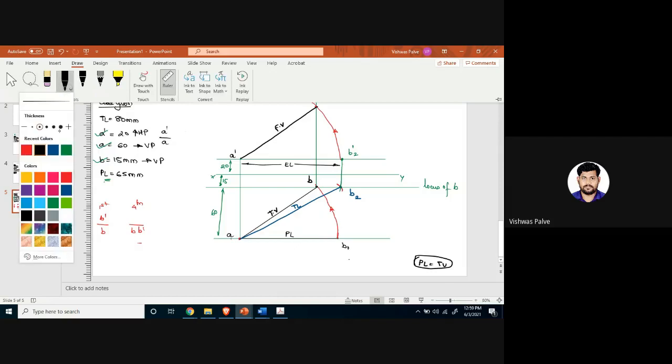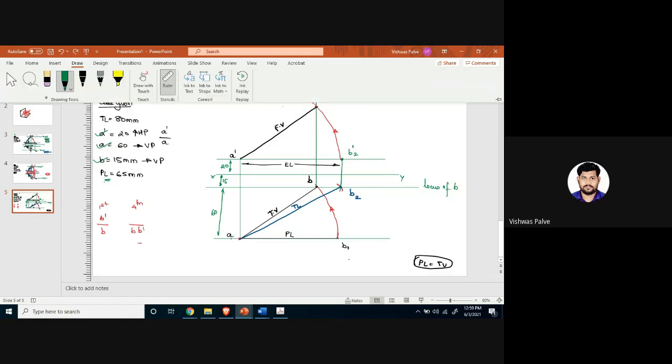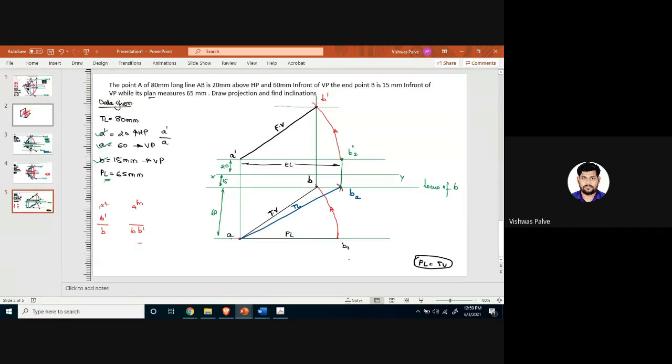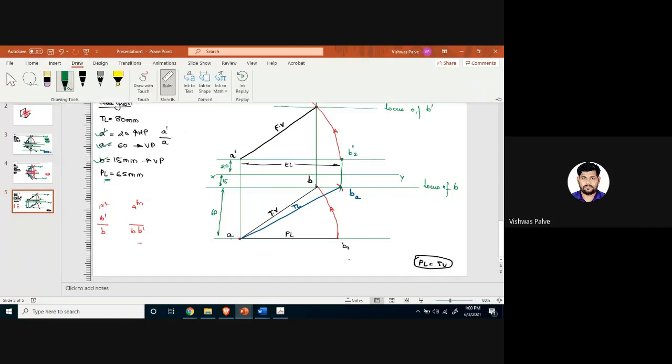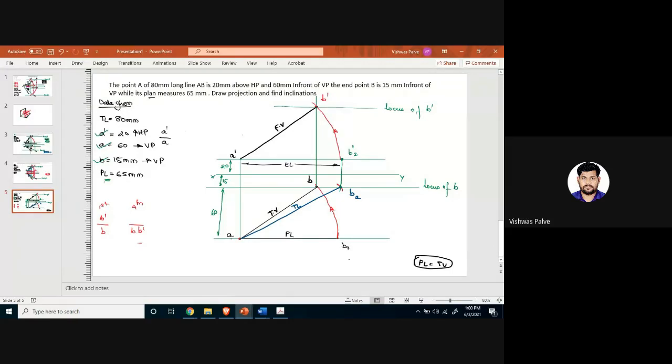And from there, if I want to draw a locus, I draw a horizontal line, thin line. This will be my locus of B dash. Now again take 80 millimeter in the compass, because my true length is 80 millimeter. From this point you can cut an arc here. This point will be called B1 dash.